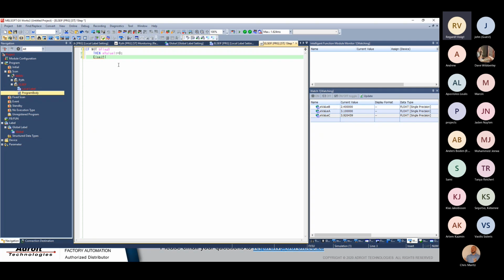Now we have a comparator and the logical function combined with this ELSIF. Just want to see ELSIF must be blue. Your instruction must be blue. If it's black, it's an illegal instruction. You'll get an error. Okay, so ELSIF